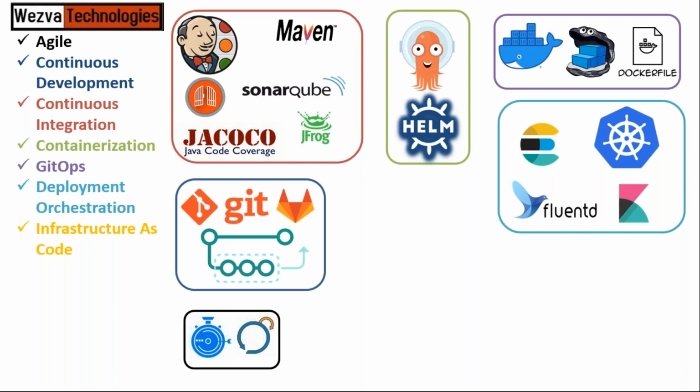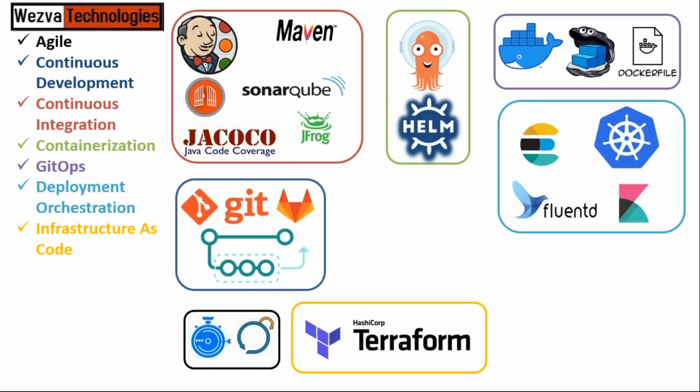Okay, and side by side, if you want to work on infrastructure automation and implement the concept of infrastructure as code, then you are going to learn a cloud agnostic tool like Terraform, because Terraform works well whether you have AWS or Azure or GCP. So if you are going to work on infrastructure as code, then definitely you need to learn one of the latest tools, which is Terraform.